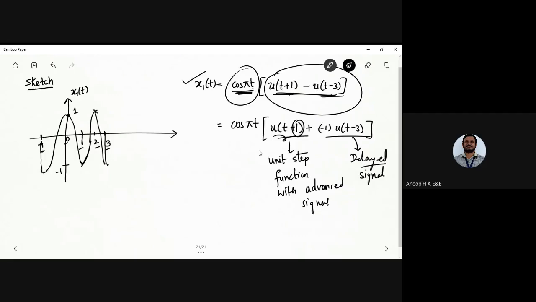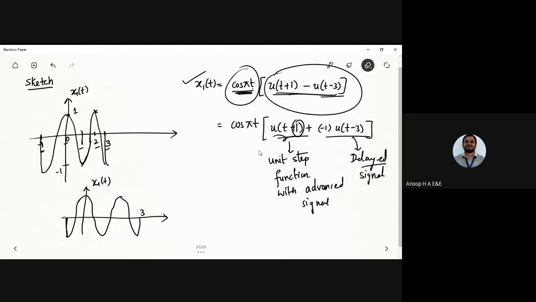So at minus 1 it comes here, right? So I'll just write the signal again neatly. See here, if the signal is to be plotted like this, that is x1 of t, you are going to have 1. Okay, so this one is here, this one is here, and this one which comes here, and at 3 you are going to have it like this. So now I'll be having the signal like this, right?